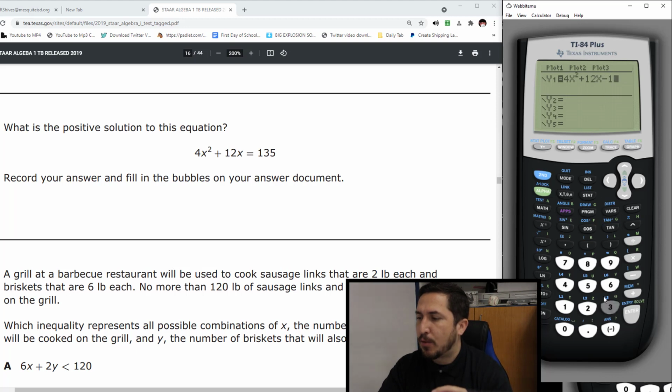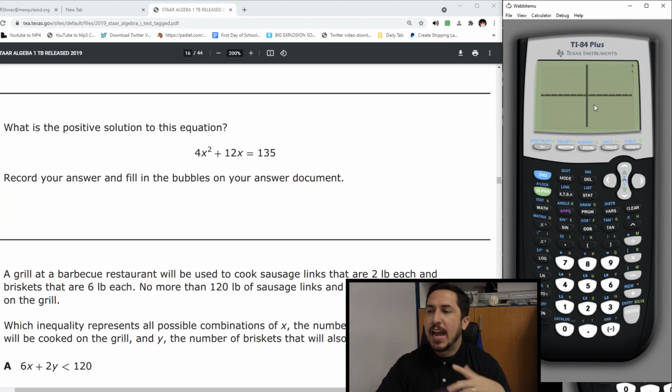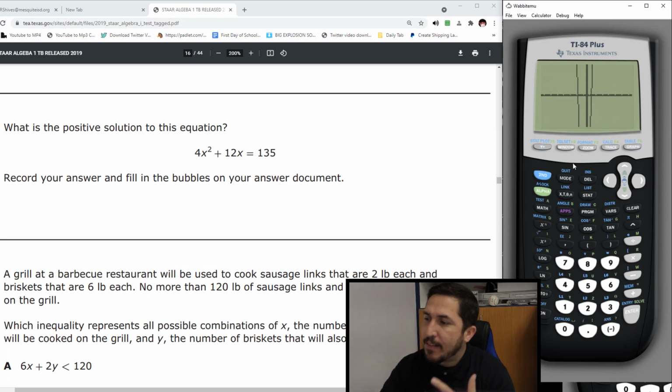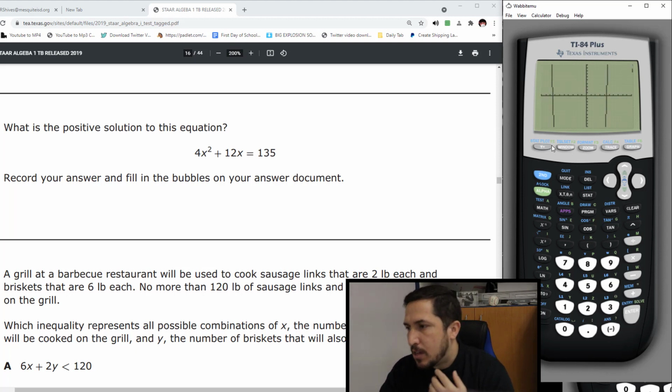That becomes a negative 135. You have to know how to do that. But it's easy. These guys are so simple. Boom, got it. Done. Now you can hit your graph and just go see where he touches. Oh, yeah. Let's find the solution. That's right. So here's the graph. I'm going to hit zoom 6 just so I can get as close as possible, just because I want to. Okay, here's the guy.